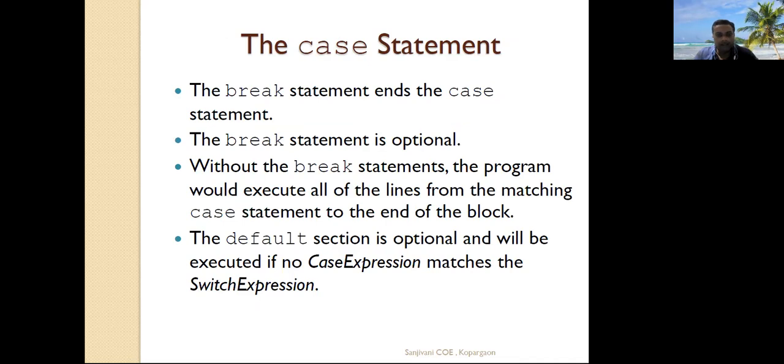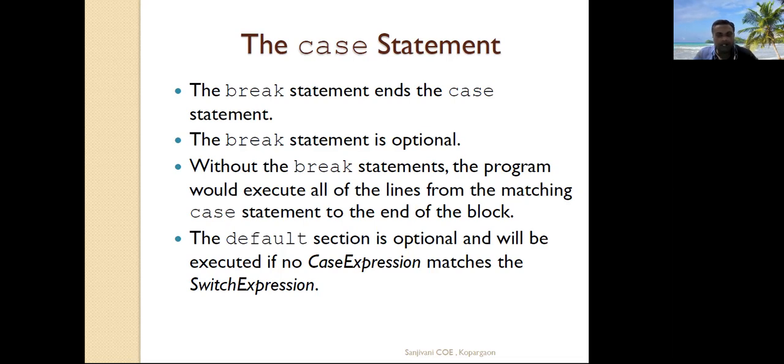Inside the case statement, the programmer can write a break statement. The break statement is an optional statement. Once the break statement is executed, the execution control is transferred out of the switch.